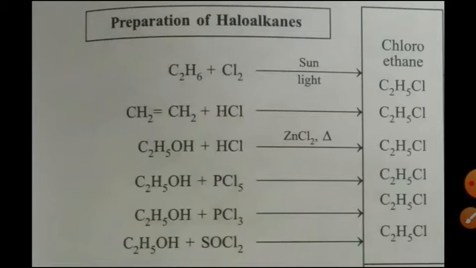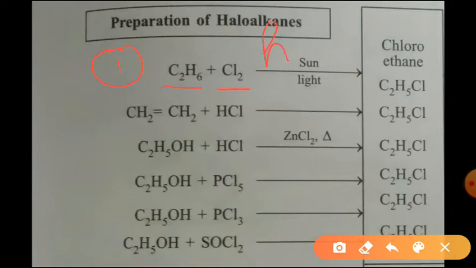The halogen can be fluorine, chlorine, bromine, iodine, that is the elements of group 17. Now specifically here I am talking about chloroethane, what are the different methods of preparation. I hope you can take it for general for different alkanes. So if you take the first method, if you take ethane and you react with chlorine, this is called free radical substitution mechanism. In presence of sunlight the reaction takes place.